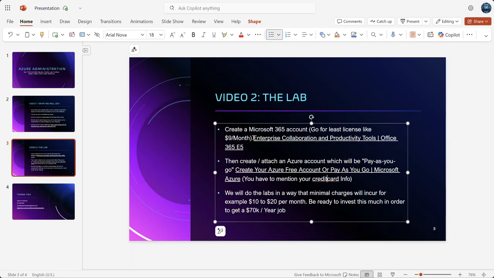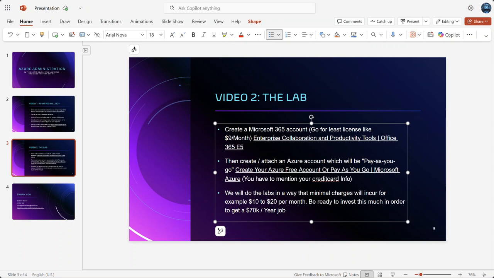If you go with this, already it's $9 per month, and then whatever separate charges are incurred, if you exactly follow how I am doing the labs, then definitely it won't go more than $10 or $20 for the Azure platform related labs, right? Okay, so